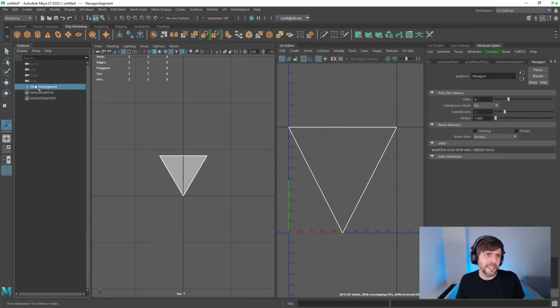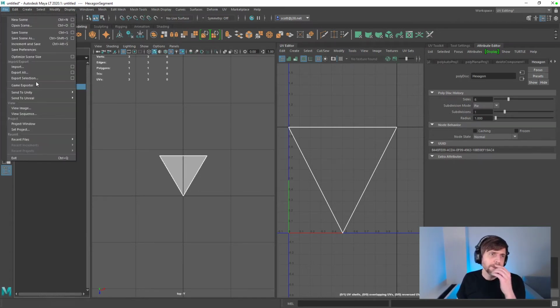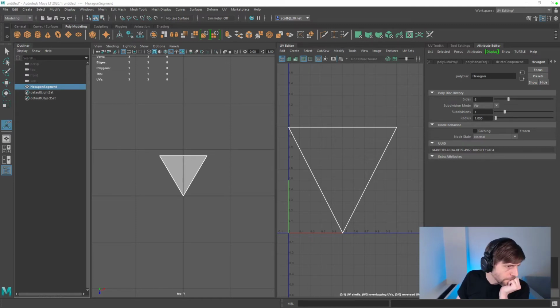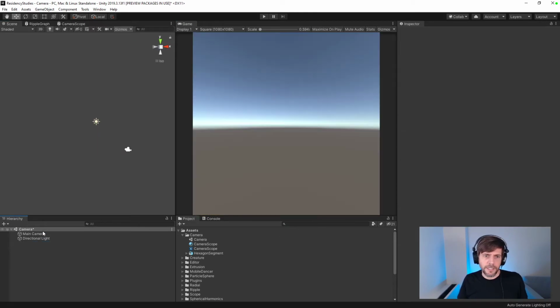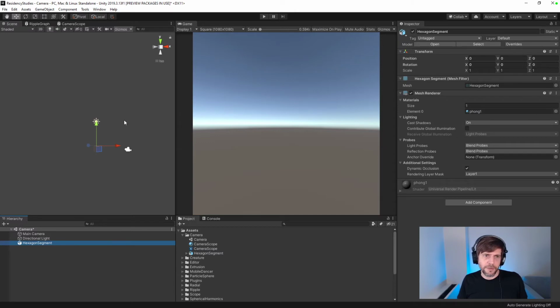So maybe it's a bad idea, but maybe simple's good. I don't know. Hexagon segment, yeah. So instead of this, we probably eventually want to actually figure out how to do the shader-based solution, but